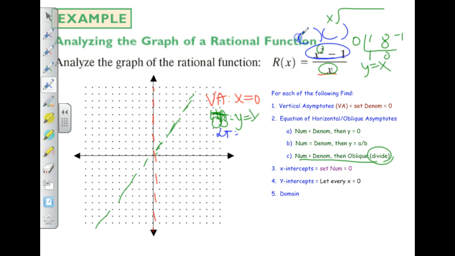I could have factored this thing, I suppose. It makes it a little bit easier to see. I got an x-intercept at 1, another x-intercept at -1. 1, 0, and -1, 0. And then the y-intercept is, let every x be 0. Well, that's